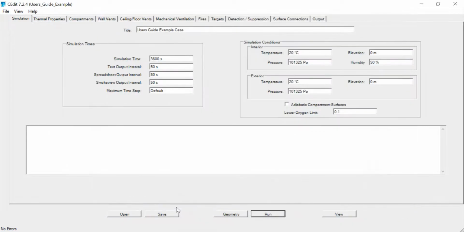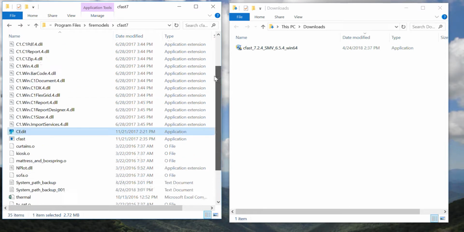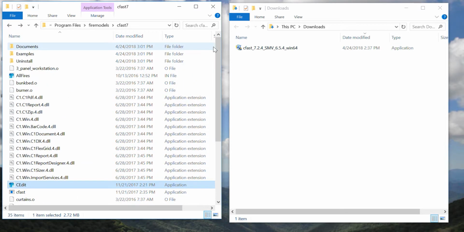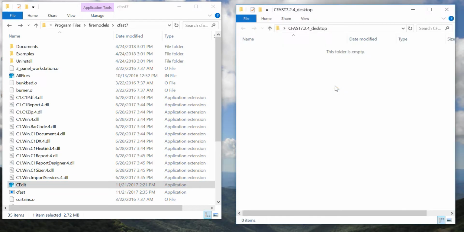And what we might notice is that these files are located in the program files folder, and so I'm not sure what the permissions issue is, but on this computer I can't run the model as it is generated in the program files folder. But if I make a folder on my desktop,